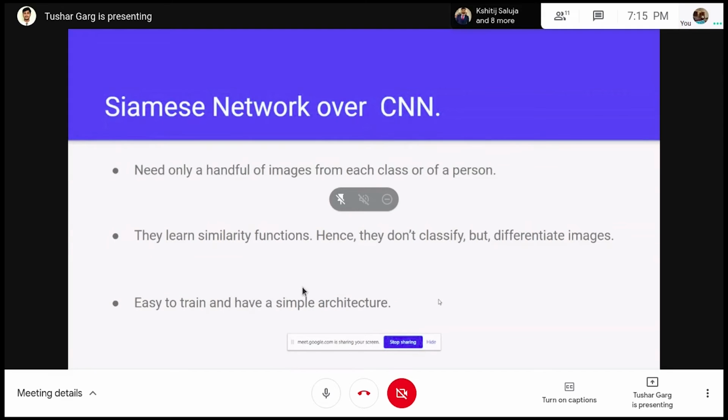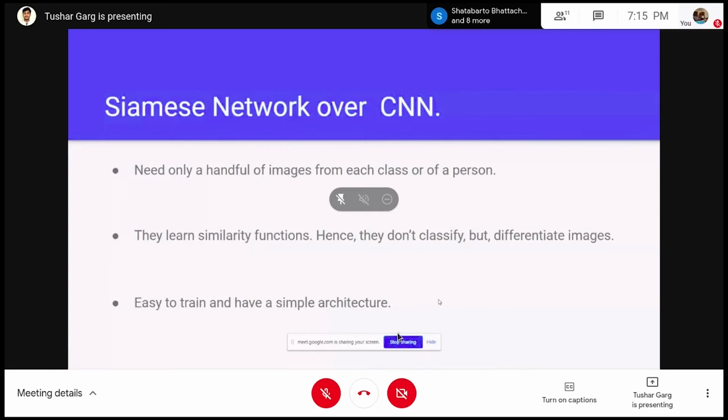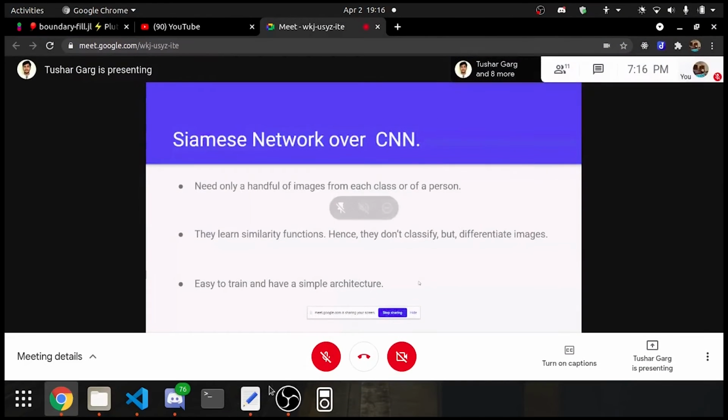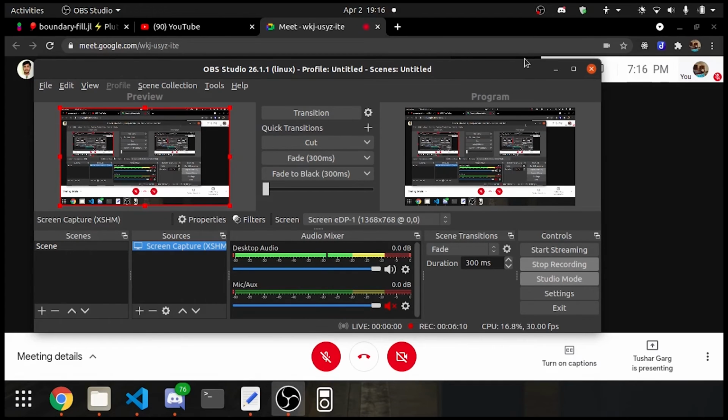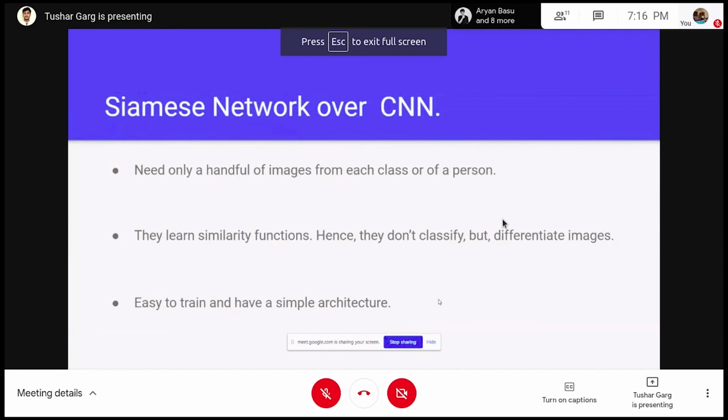So what was the conclusion? Why are Siamese networks better? Siamese network is better because, given the input, very many images don't need to be stored beforehand. Okay, but what is the factor that differentiates it from CNN? CNN can also be trained on a smaller dataset, and there are different methods like zero-shot learning and one-shot learning. So why are we going for the Siamese network?